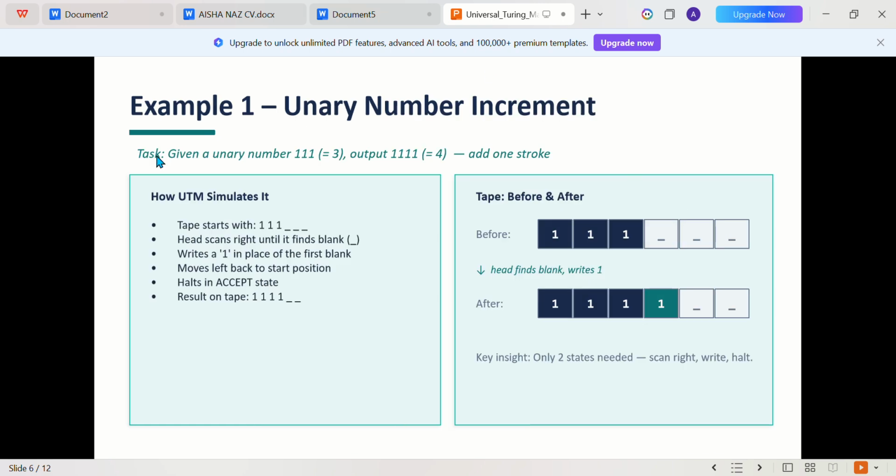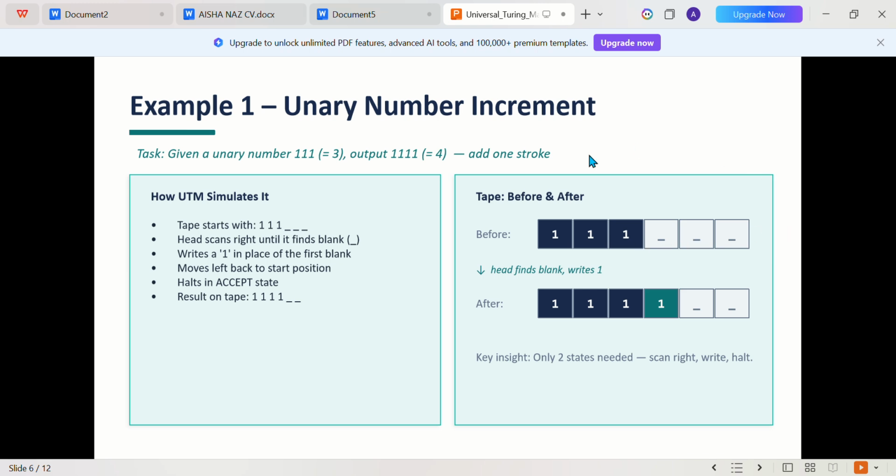Then comes a few examples. Example number one is unary number increment. After each computation, there will be an incrementation of 1. So the Turing machine, at the start we have 1 1 1 1, and then we have got